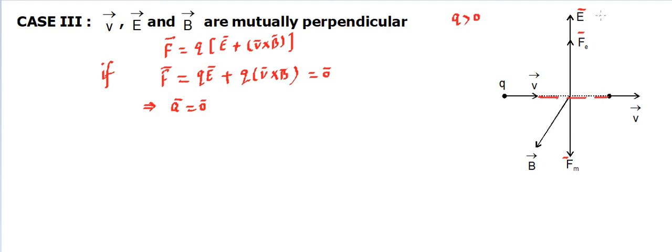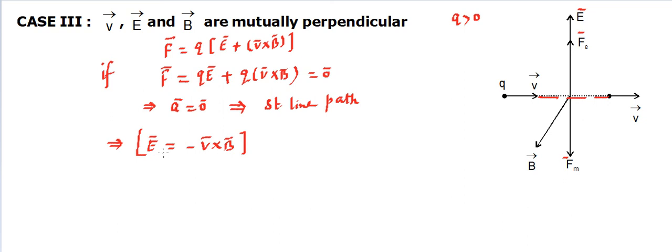So in presence of both the fields, the particle can move on a straight line if this entire Lorentz force becomes zero, and that will be the case when all the three are mutually perpendicular. Alright, and this is going to give us a straight line path, and that with uniform motion. That means velocity is also not changing. Okay, and for that to happen, you'll find E must be equal to minus V cross B. So this should be the relation for this to happen.